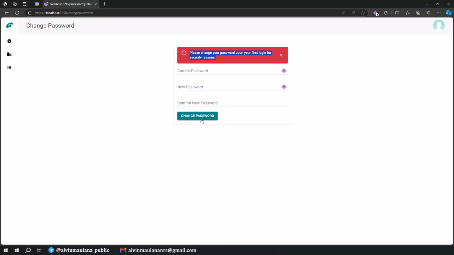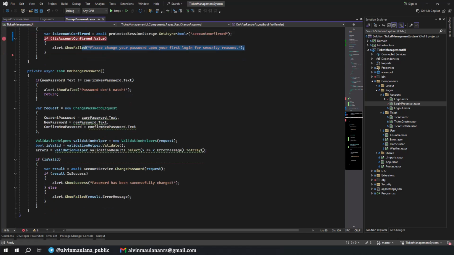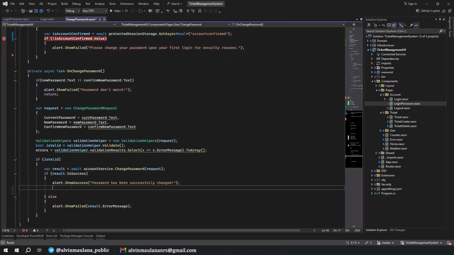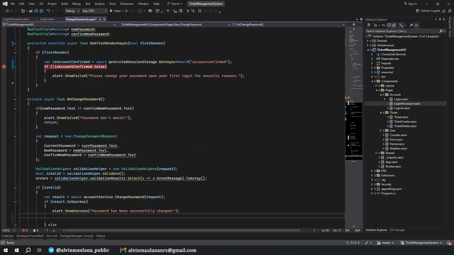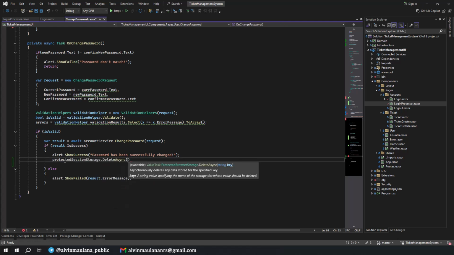And of course, after we confirm the password, we need to disable this one. So we need to modify the service after we change the password. If it succeeds, then we need to remove, where is it? We need to remove it with delete asynchronous.